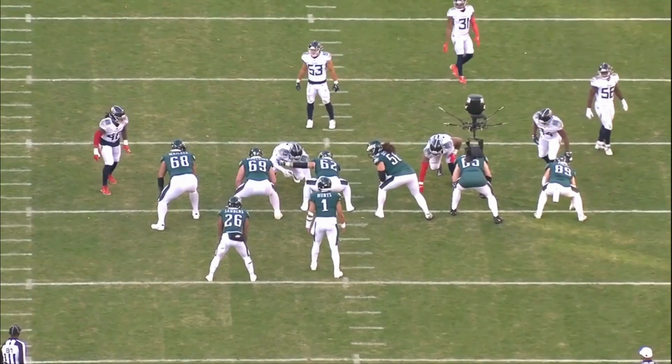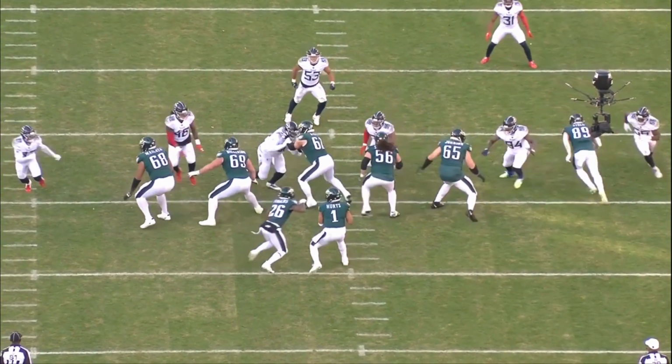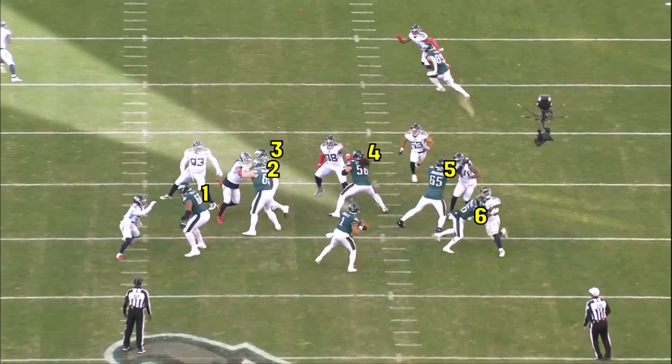The Eagles' base offense features 1 tight end, 1 running back and 3 wide receivers. As such, they always have the flexibility to react to any blitz. On this play against the Tennessee Titans, Hurts can execute a quick play fake and pump fake without taking his eyes away from the coverage. That's because he begins in shotgun. At the same time, the running back comes across the formation to create a 6-man wall as protection for the